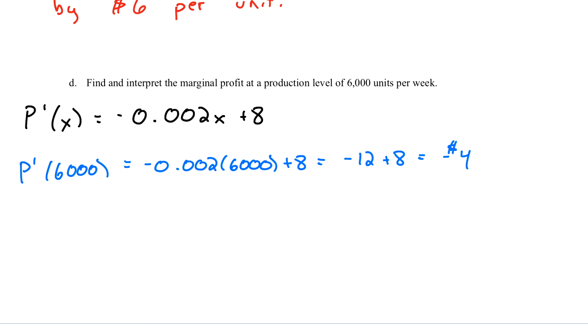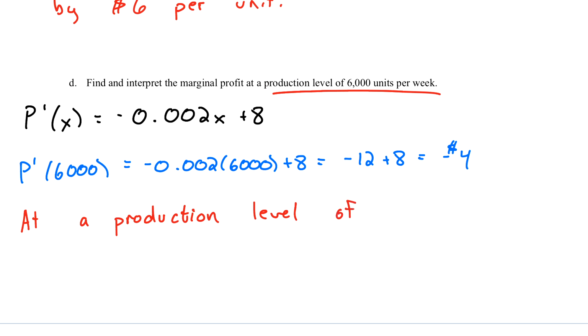So if I wanted to talk about what this means, again, the very first thing I'm going to do is mention my production level. So here I'm producing 6,000 units per week currently. So I'm going to say at a production level of 6,000 units per week, now I'm going to talk about the rate of change of my total profit. So we came up with P prime was negative 4. Remember, that's the rate of change of our total profit function. It's the derivative of our profit function. So we can say our total profit